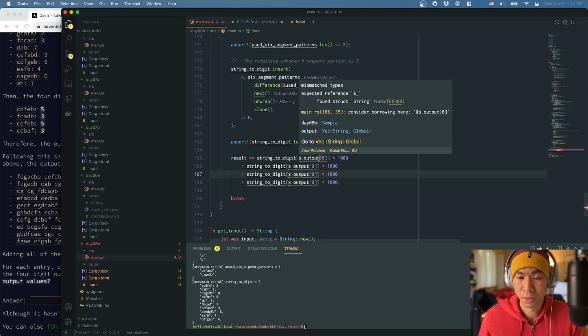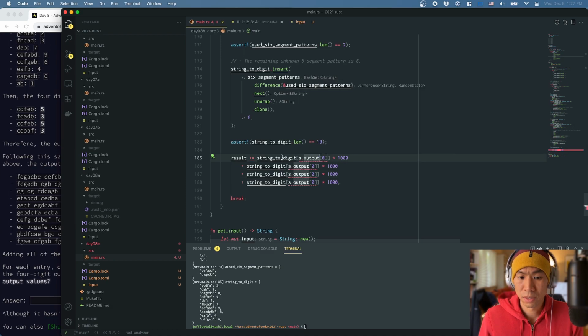S.output 0. String to digit is a hash map of strings. So what do I need to do? Address of, or reference to, rather? Looks like. And then 1, 2, 3, 100, 10, and just for pretty,